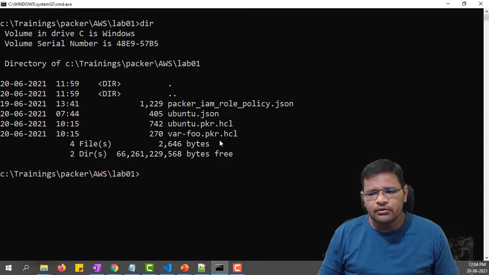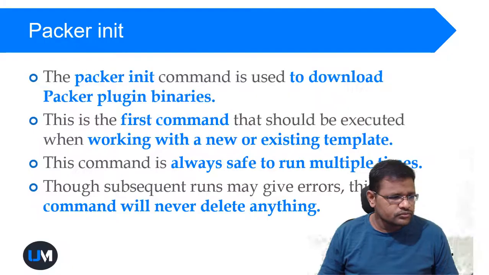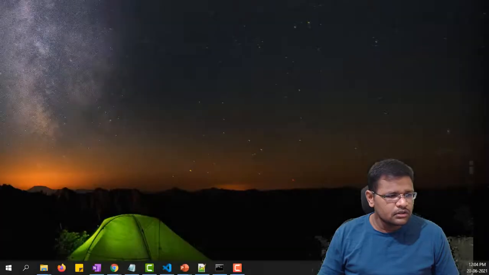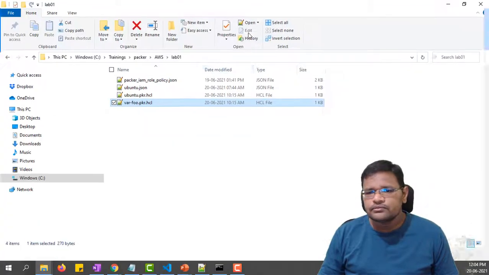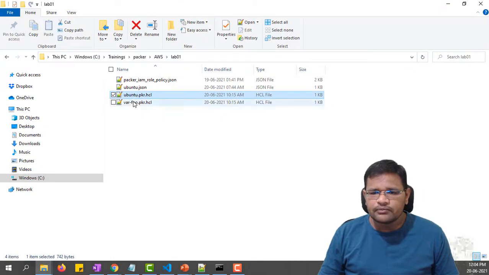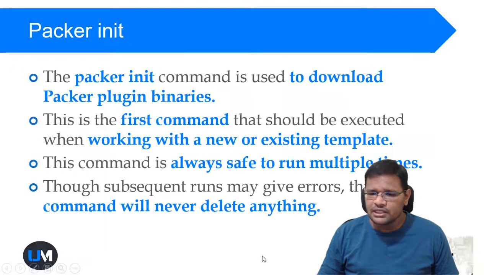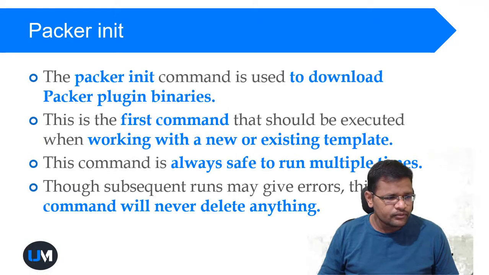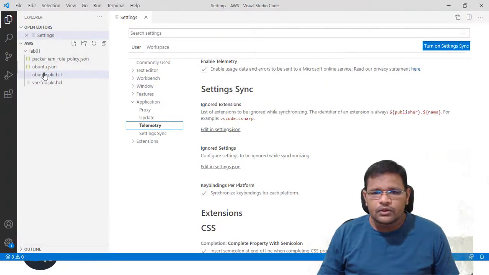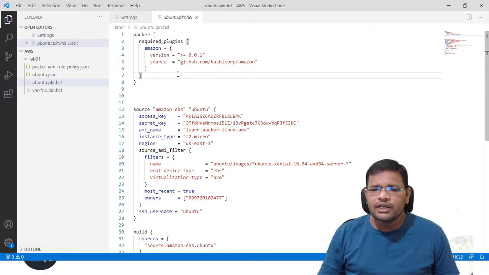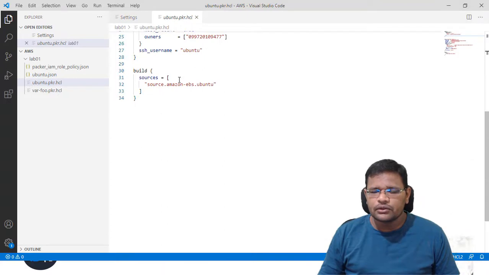I have the variable file as well. Let me open this file for you. This is my file, and I can show you what is inside it.